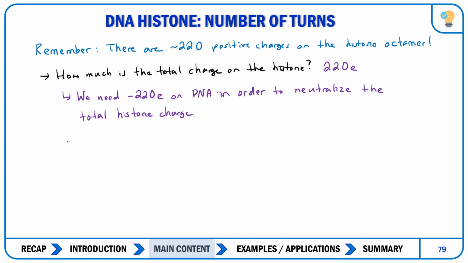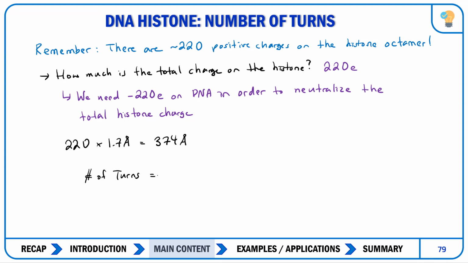So if we do the math, we have 220 times 1.7 angstrom is equal to 374 angstrom. So the number of turns